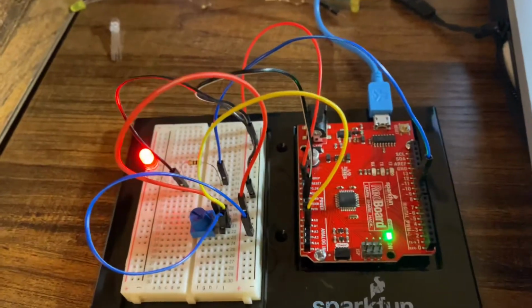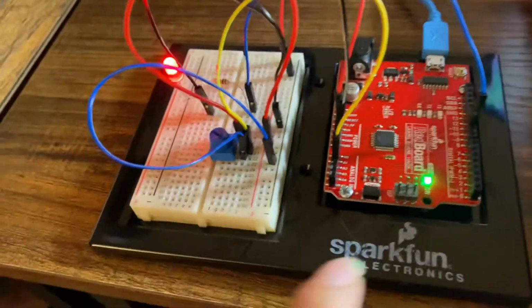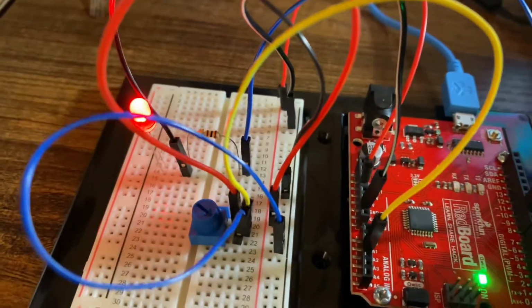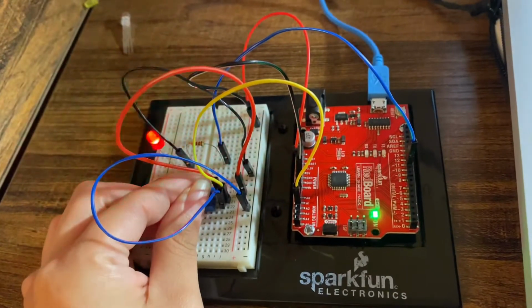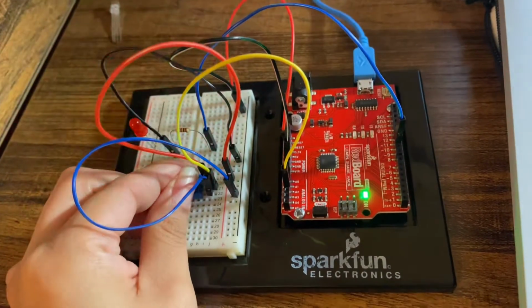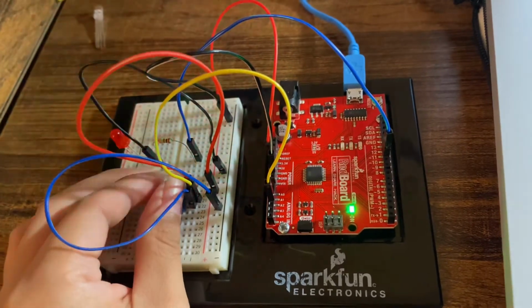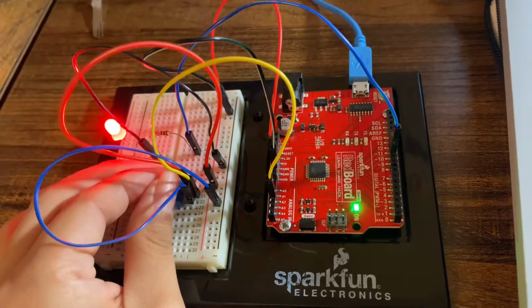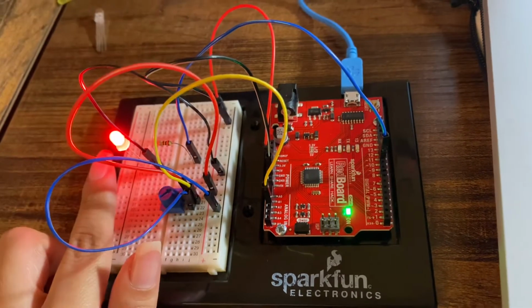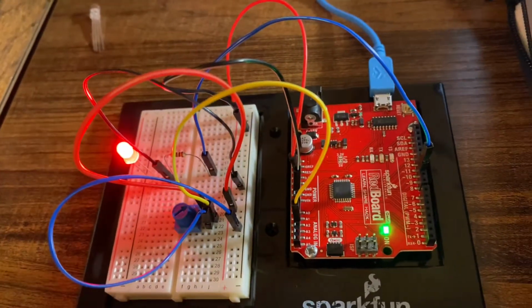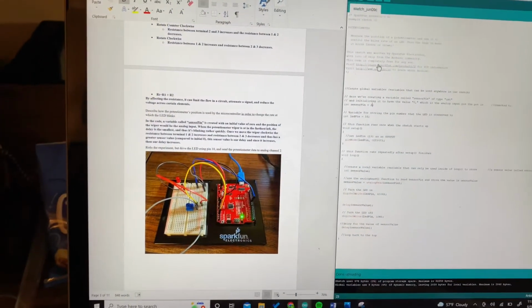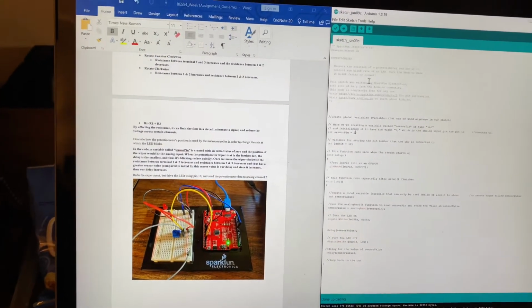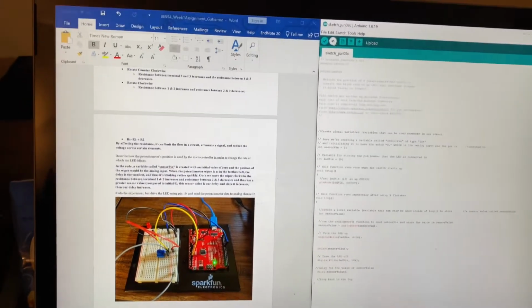This is the same position, except we're starting in analog 2 and digital 10, and we notice how we're in the furthest left, and then as we go more to the clockwise direction, we're increasing the resistance of terminal 1 and 2 and decreasing the resistance between terminal 2 and 3, and we see a time delay in the blinking of the red LED. And so now we're gonna change our code to analog 2 and digital 10. So we're gonna upload that,